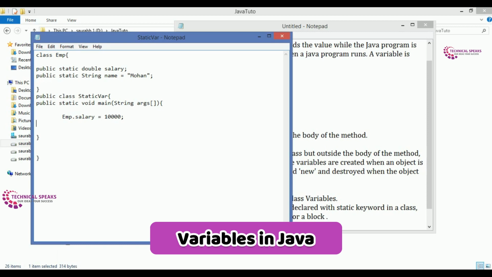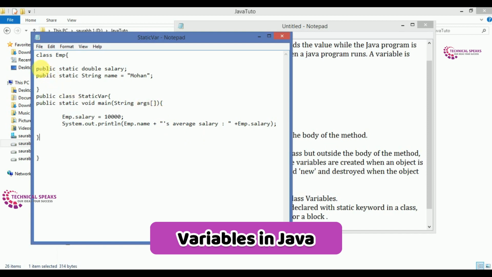Okay, and just use system dot out dot println, and under the bracket we pass imp, which is the class name, dot name, plus I use double quotes to write the text. First I write a small s and then average salary, a colon, and then just simply write imp dot salary and terminate it. All set.